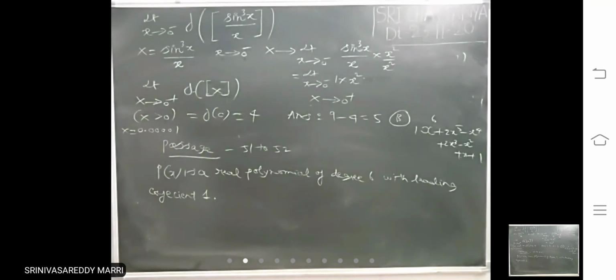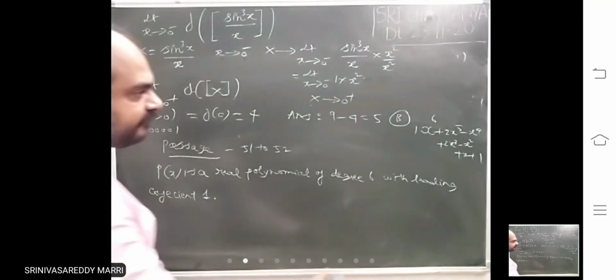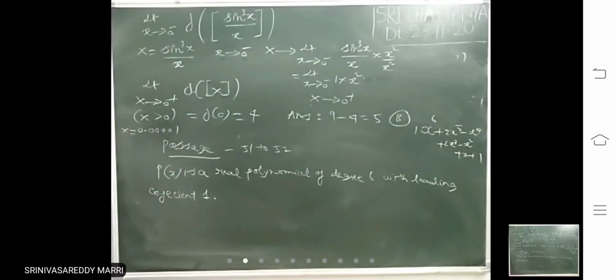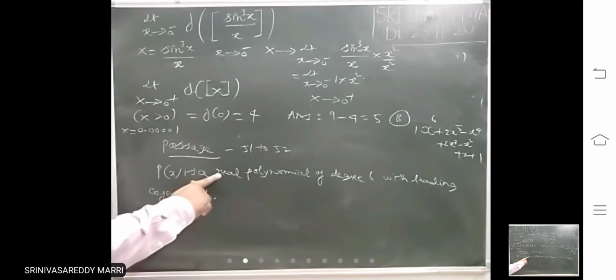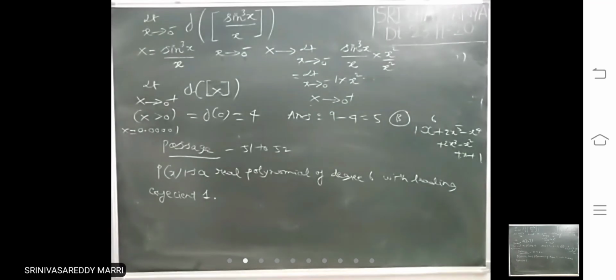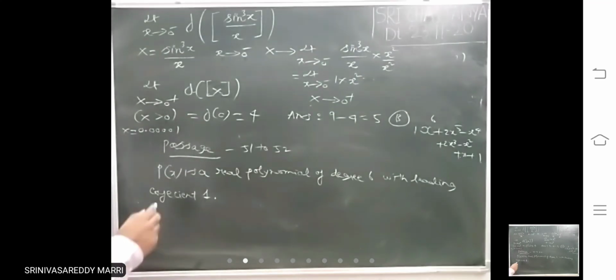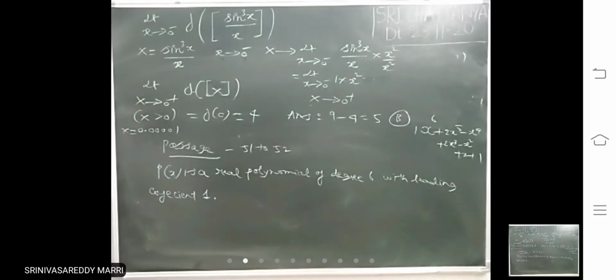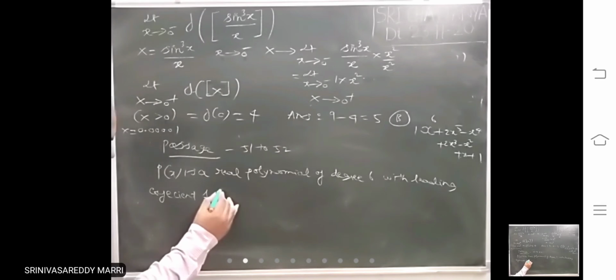Leading coefficient means the number before the highest degree term. Leading coefficient 1 means the highest degree coefficient is 1. That is the meaning. And also given that